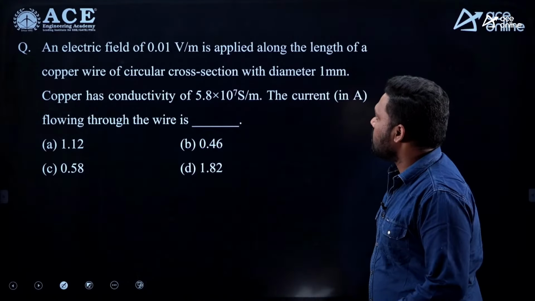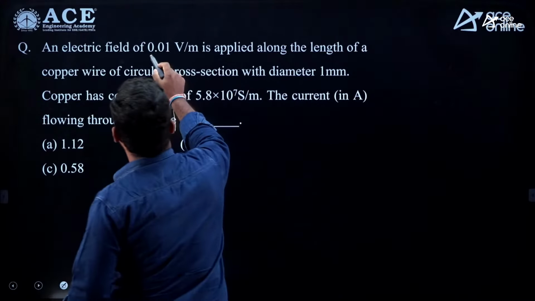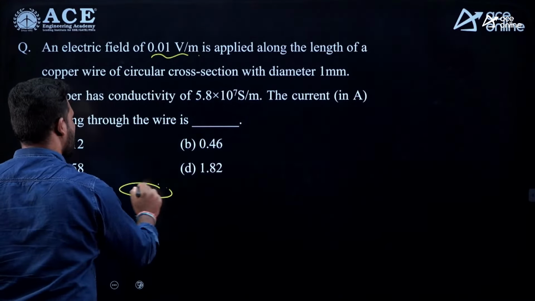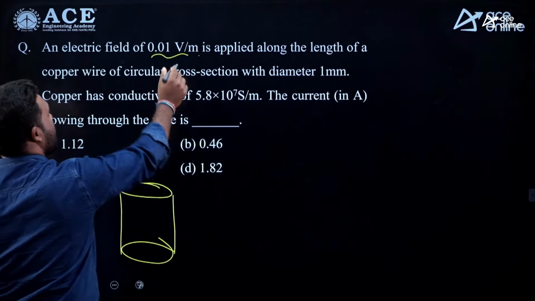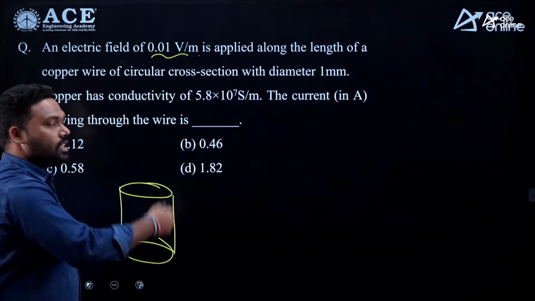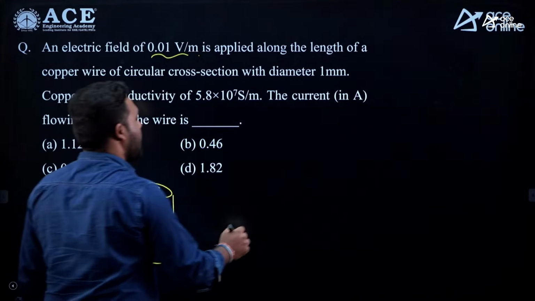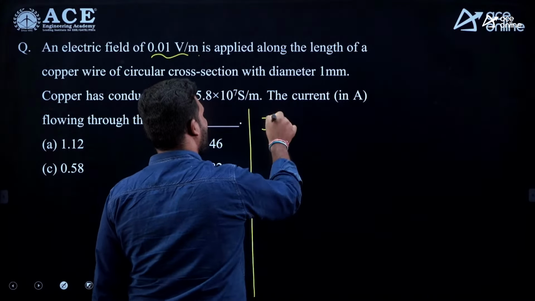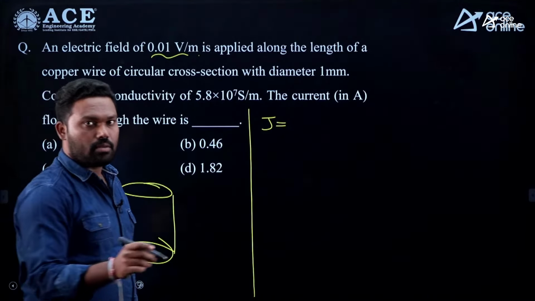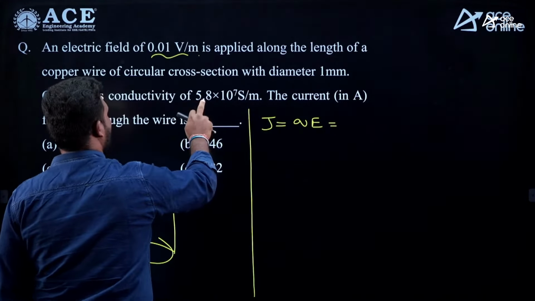Fine. Anyhow, there is one more question here, related to Ohm's law. The electric field is applied. There is a cylinder here, and the cylinder diameter is given, fine. It is said that the electric field is acting axial to the conductor. When the electric field is given, you can find the current density from Ohm's law: J is equal to sigma into E. The conductivity is given here, 5.8 into